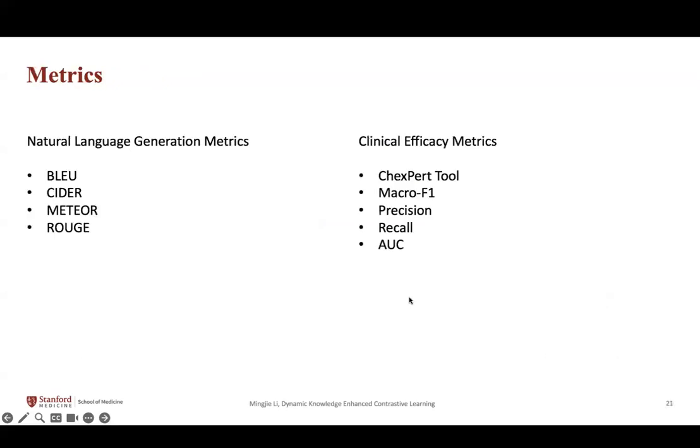So what are the metrics to evaluate the quality of your predicted reports? If you want to evaluate automatically, there are two kinds of metrics. The first one is the natural language generation metrics, which we call NLG, used to measure the descriptive accuracy of predicted reports. For example, CIDEr and BLEU are two main NLG metrics used to measure the quality of